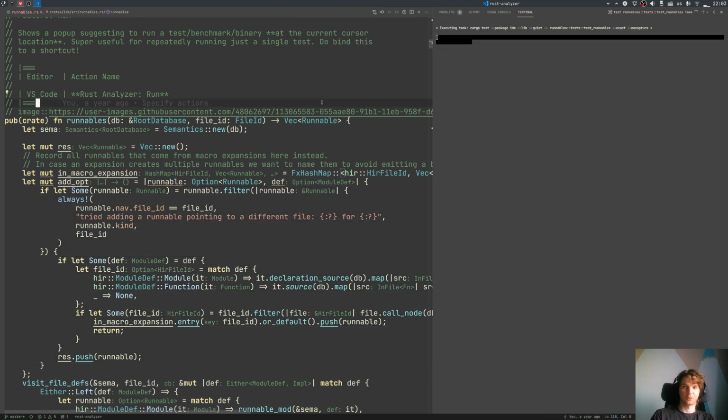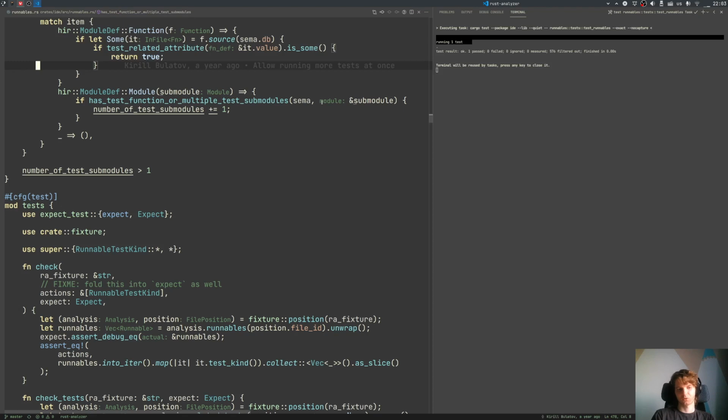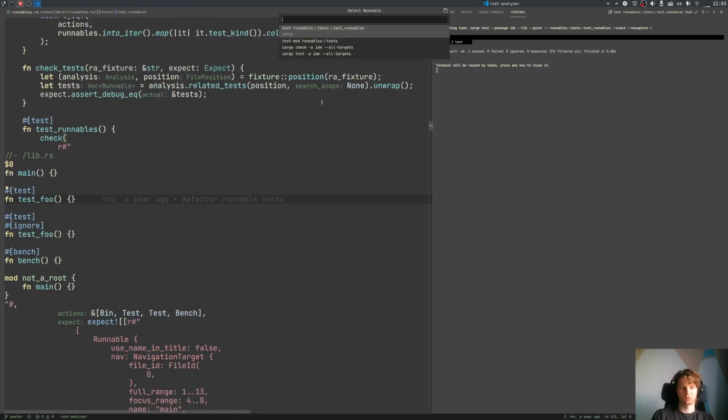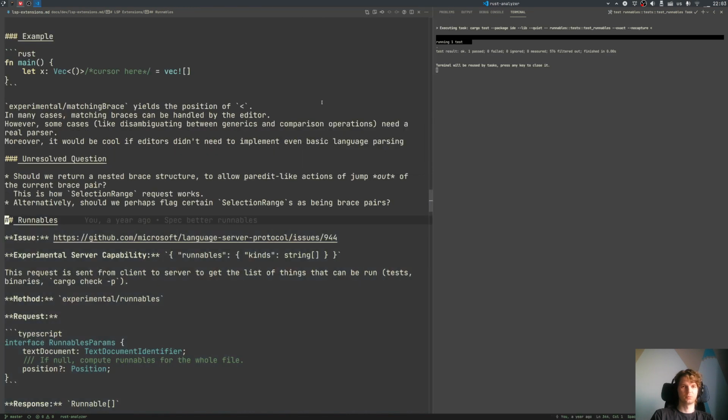So yeah, use this extension. And this isn't actually available in VS Code. VS Code has tasks, but tasks do not have the notion of a current cursor position. VS Code does not allow you to get a list of tasks which make sense in this specific context. And that's the core of this extension. It allows you to look at the specific cursor position and then provide the list of tasks which make sense here. And if you see here, there would be runnables,